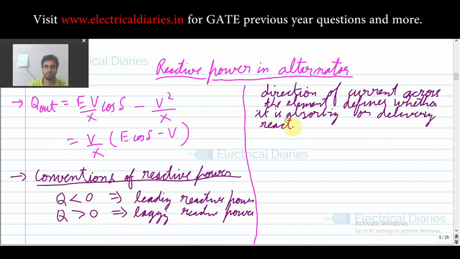These are the same conventions as we use in the real power case. Now let us see the generator. Just a brief discussion and then we will return to this equation.